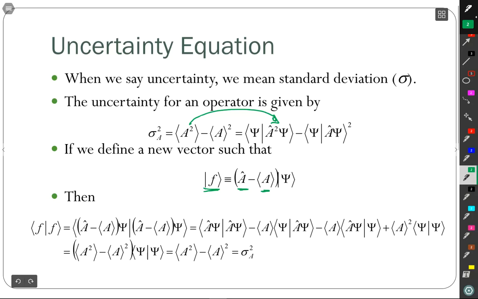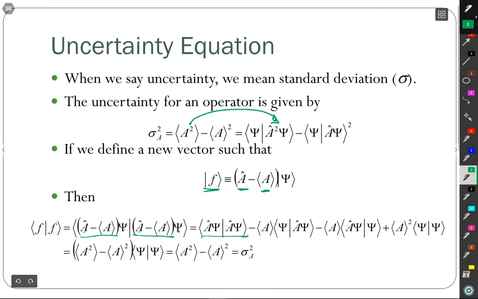Then if we take f acting on f, what should we get? If f was normalized, we'd get 1. But f is not necessarily normalized, so we go through this, and we have this stuff here in psi, and then that stuff there with psi again. And then we collapse into a whole bunch of separate terms. So we take the A operator psi gives us this term. Then we have A operator,